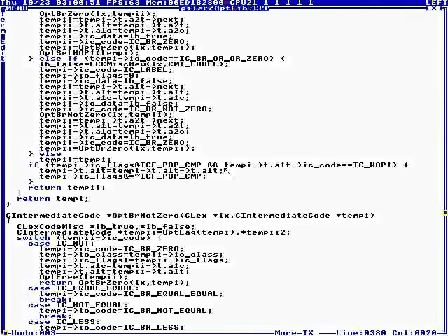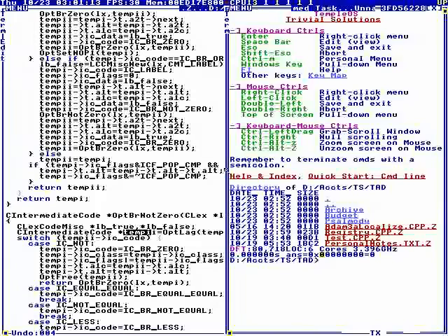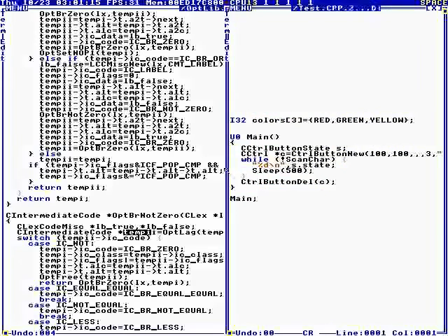What this does is when it hits a branch not zero, it checks the previous. Okay, so temp.I is the current intermediate code. temp.II is the previous one. To see this in action, let's